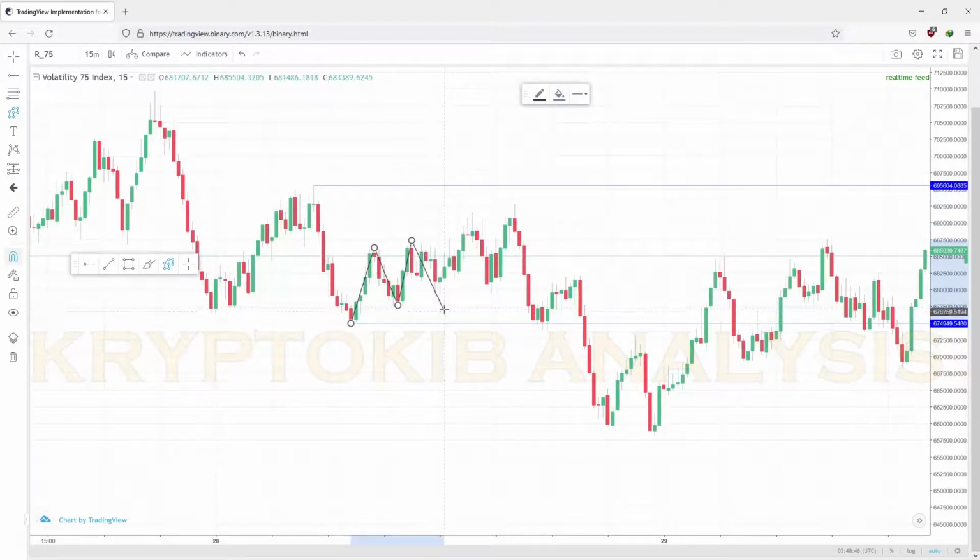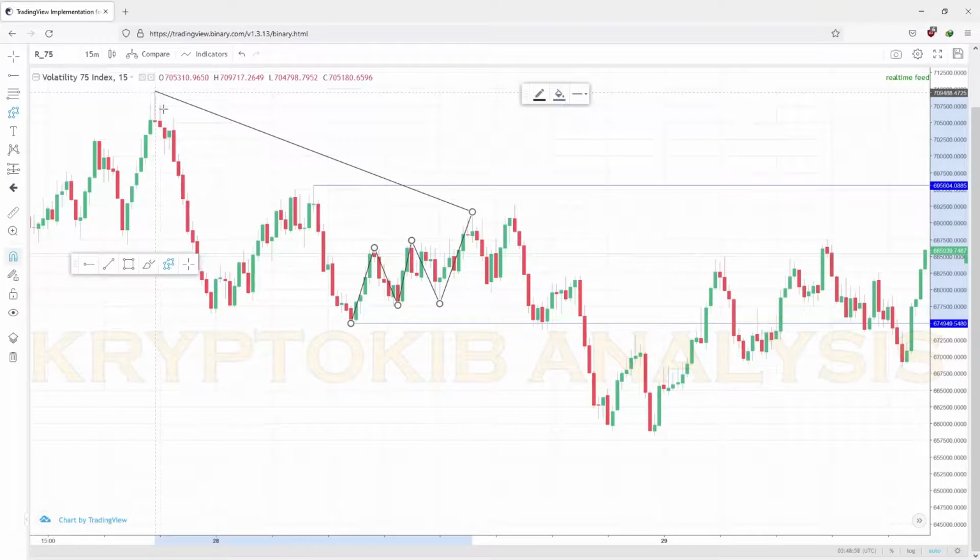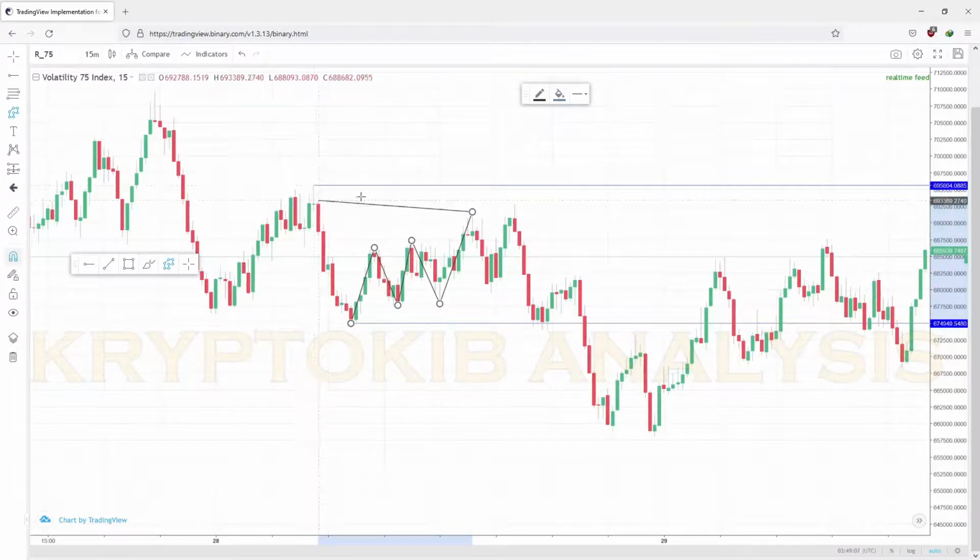Then we have this pullback again, which happens to be another higher low. Then we have this, which happens to be another higher high. Now they are taking this trade from this point, targeting these particular highs, not even targeting these very local highs. Because in as much as we are between these very lows and these very highs, it means we are ranging. We have another pullback, another higher high. Then we have another pullback, and what happened? We have a continuation